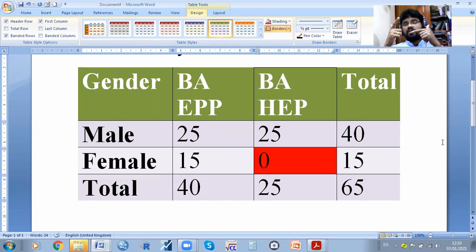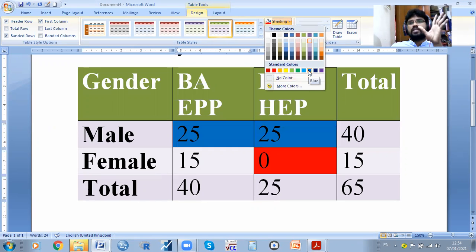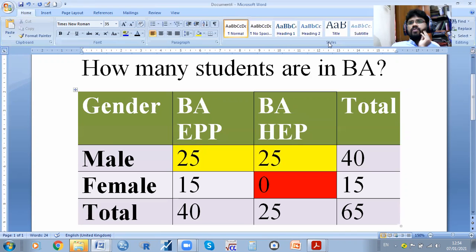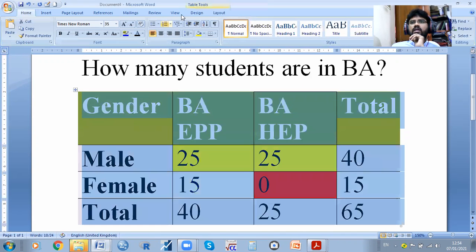For example, when we want to show something to someone so that we can identify it easily, we can use different colors, a shading. If you take here, both males are the same, nothing but both boys are the same in the BHEP. So you can simply see the blue color, or whatever color you need, you can take. Whatever color you want, you can insert or shade. This is how we can insert the tables and how we can use them. If you want to use different colors,